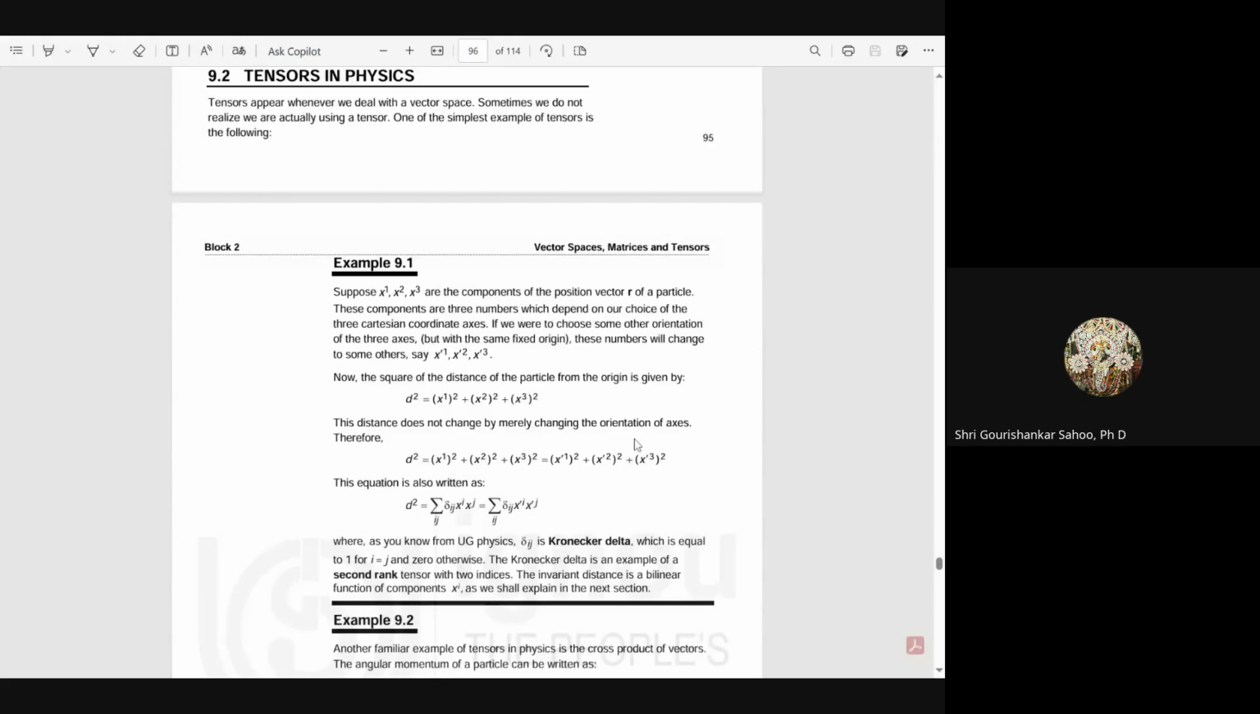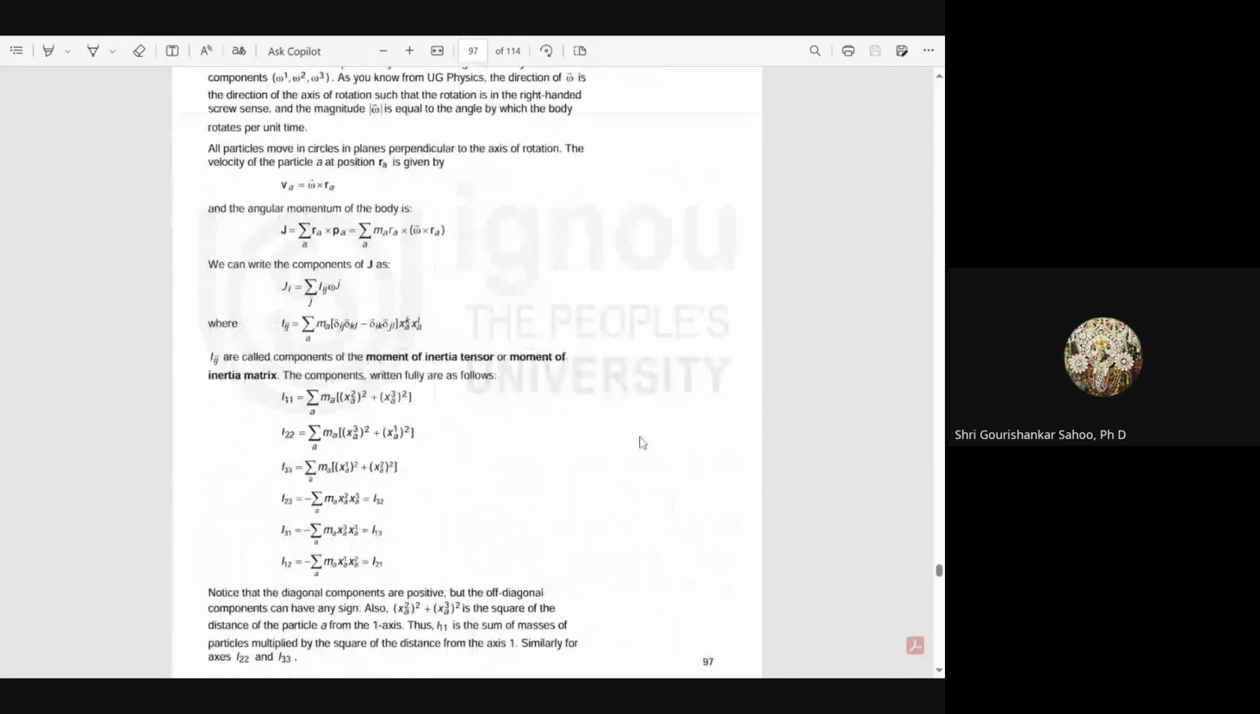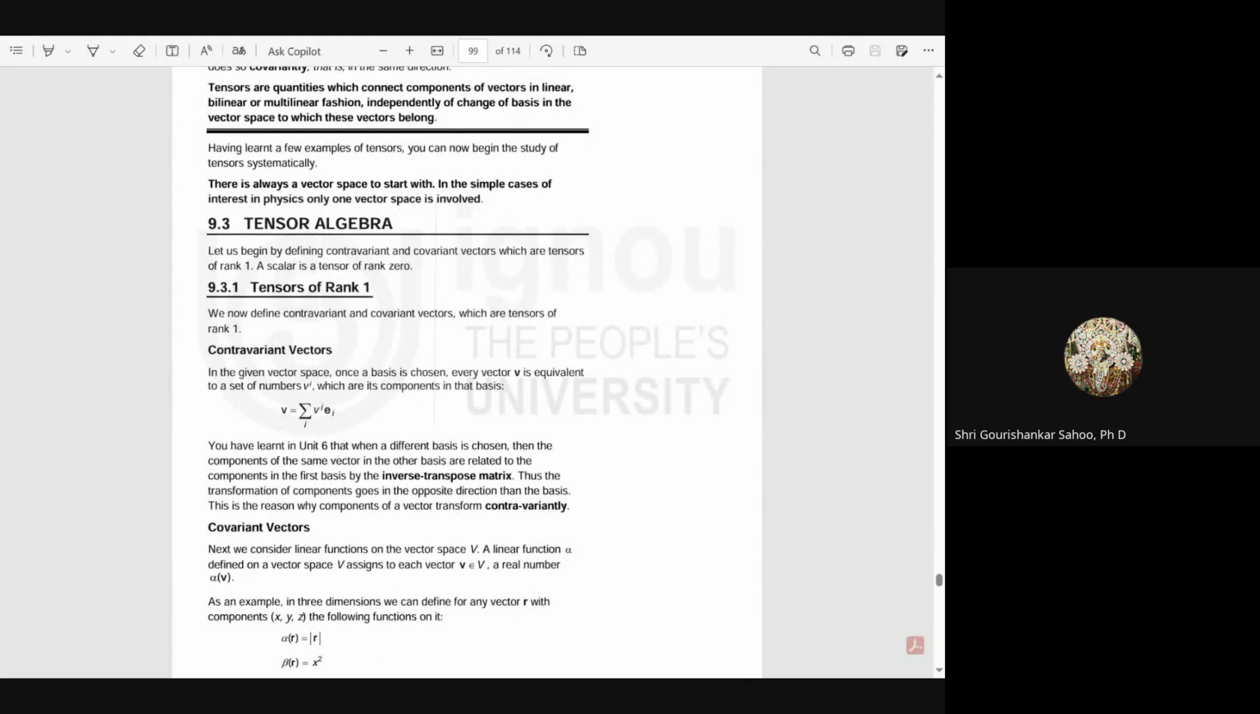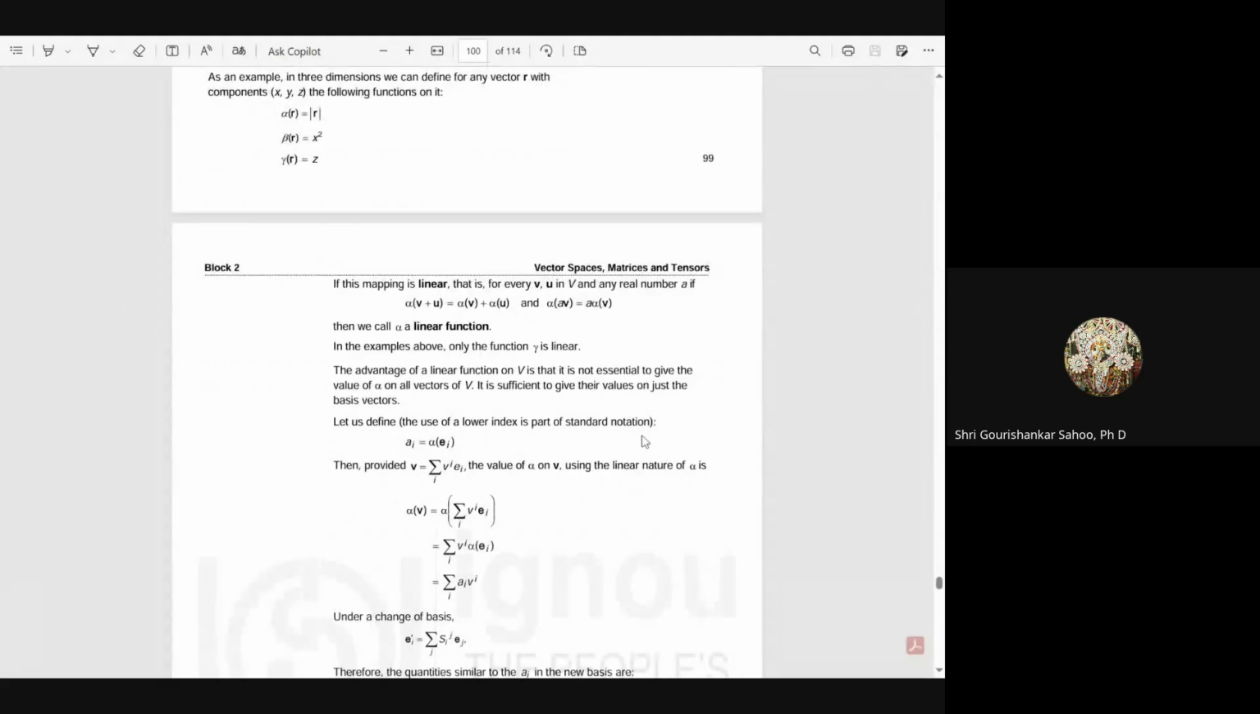And here are some examples and worked out problems. Then tensor: like vector, you have tensors, which are very much important in physics, and mathematical physics deals with it. So there are two tensors of rank 1. You have your contravariant and covariant vectors, and in contravariant vectors you can see V is equal to summation i V superscript i e_i, and in covariant vector you have your A sub